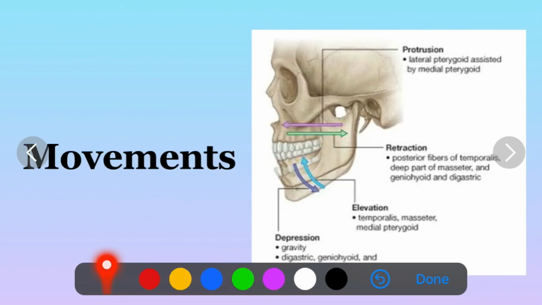Moving on to the last topic, the temporomandibular joint allows a variety of movements, which are elevation or closing the mouth, depression or opening the mouth, retraction or moving the mandible backwards, and protrusion, that is moving the mandible forward. Further information is already discussed in the video on muscles of